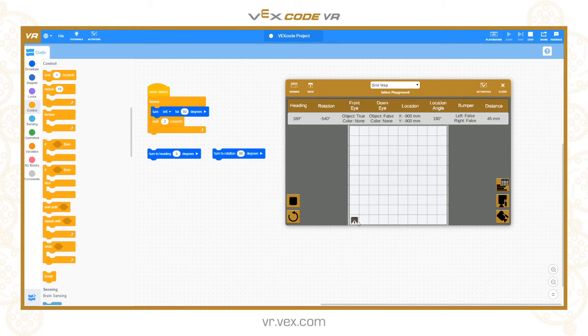So let me just wait for my robot to get all the way back round to compass north. I'm going to stop it there, and you can see that the heading is 0, but the rotation is minus 720, so it's done a few rotations in that direction. If I now give it the instruction to turn to rotation 0, this is not heading 0, this is rotation 0, it's going to have to undo that 720 degrees of rotation. So if I hit play now,